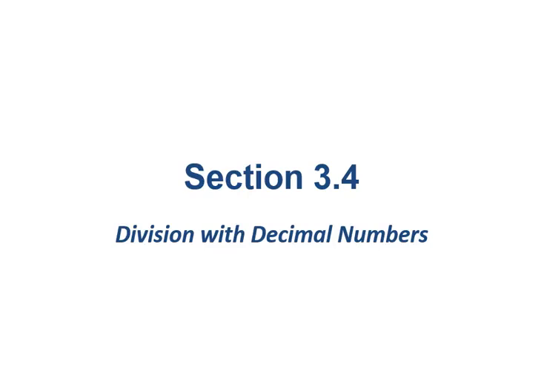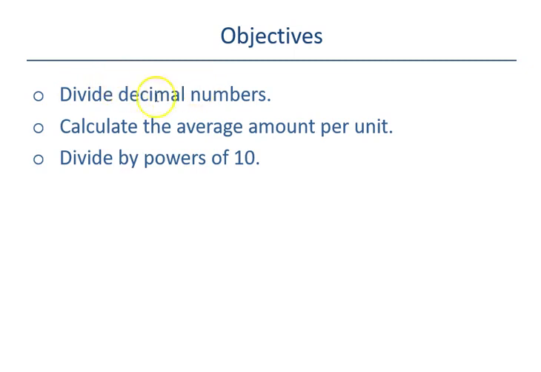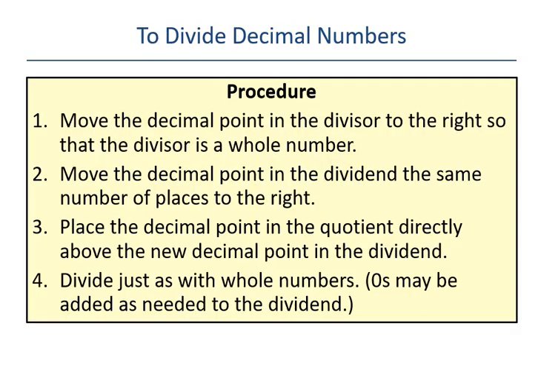Here we go, section 3.4, division with decimal numbers. In this one we're going to divide decimal numbers, calculate the average amount per unit, and divide by powers of 10. To divide decimal numbers, move the decimal point in the divisor to the right so that